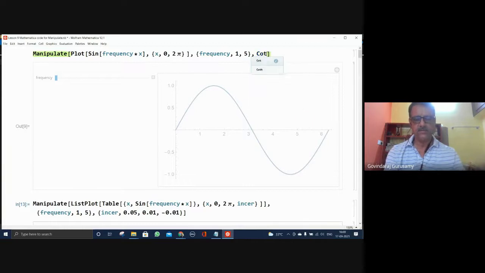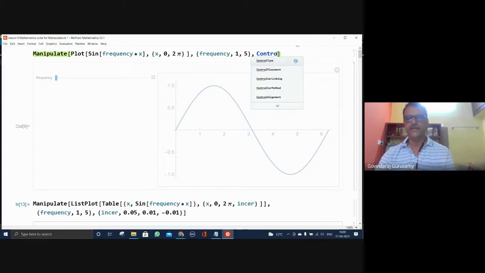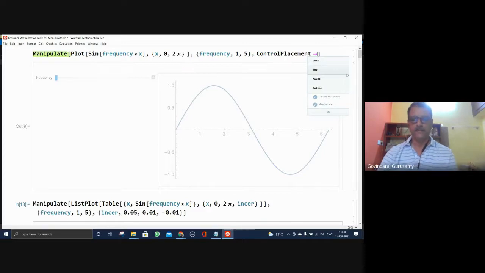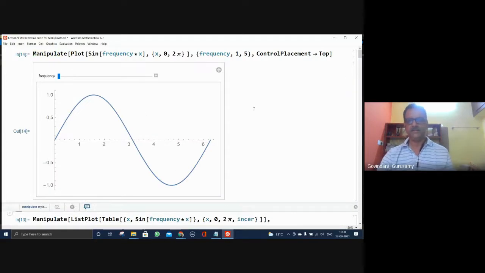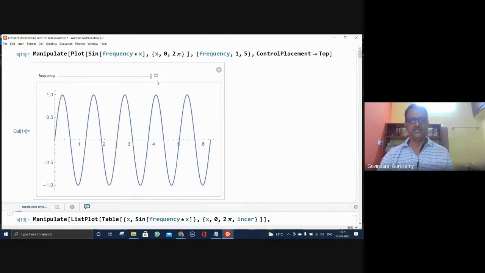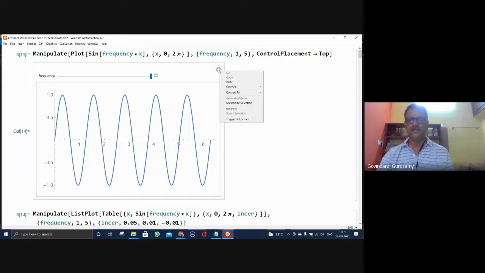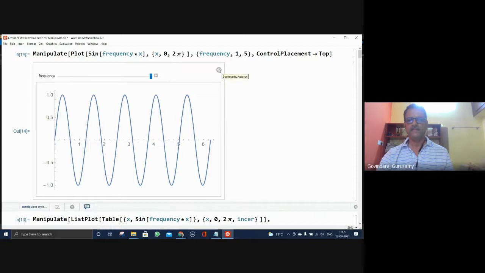I hope so. We have control placement. This is the control, and control type is also available. Control placement, now just put it at the top of the figure. Now instead of the left side, it is available here, and that can be seen along this. That's an advantage. Now there is something here which is plus, bookmark, auto run. These we can click here. These are the things that are possible with this.